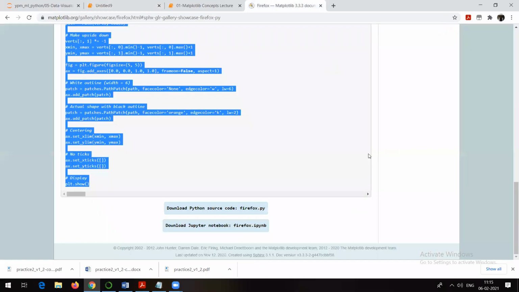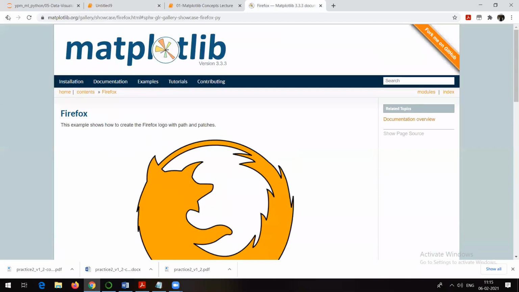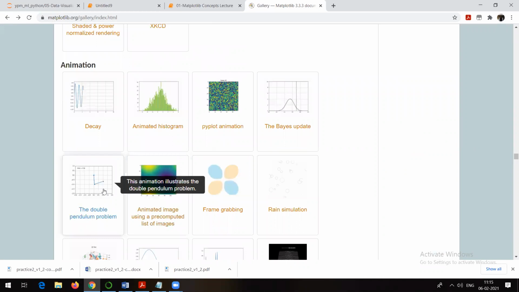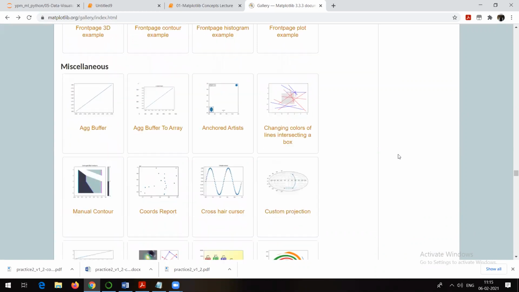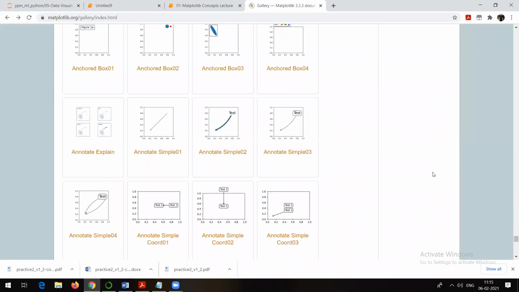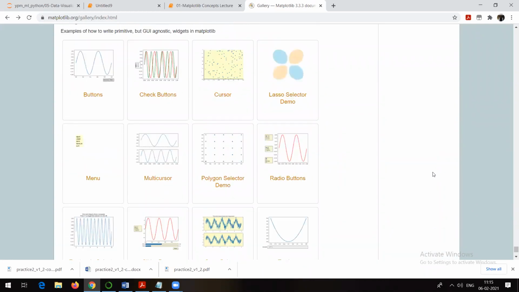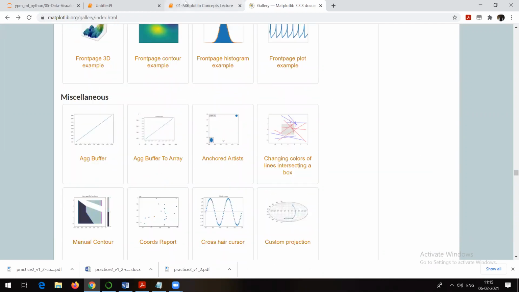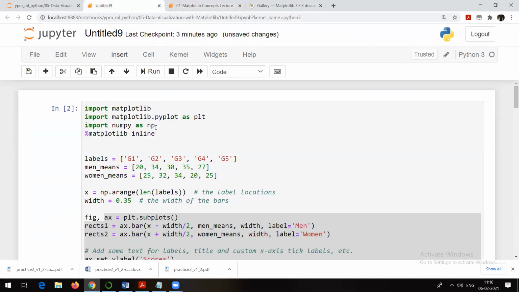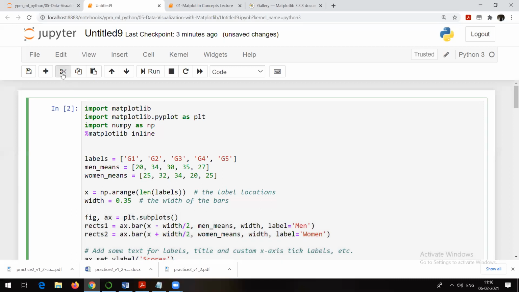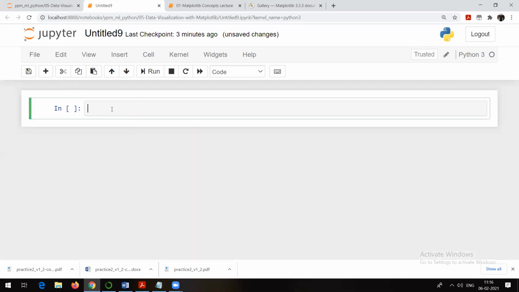So I mean to say that this is very good help available. If there is some latest version available, definitely that will be updated here. Now see, you can see this animation also. This type of animation graph you can do too, right? So definitely one should explore all these things if you really want to go with visualizations, because visualization is a very important aspect of data science, machine learning, analytics, all those things. So let's start with the basic things now. This is just an example to make you aware that you can make use of the official site.